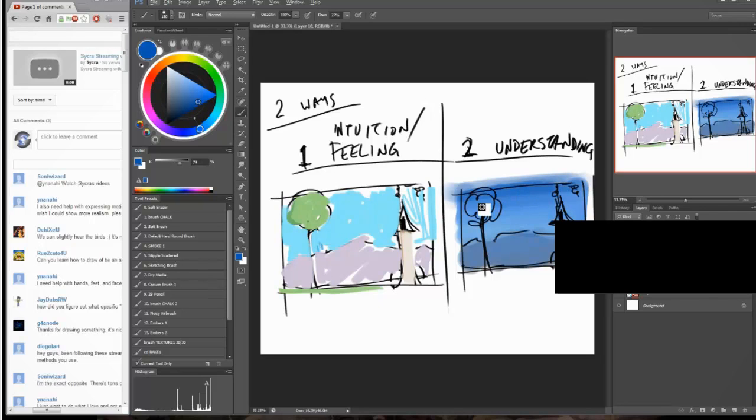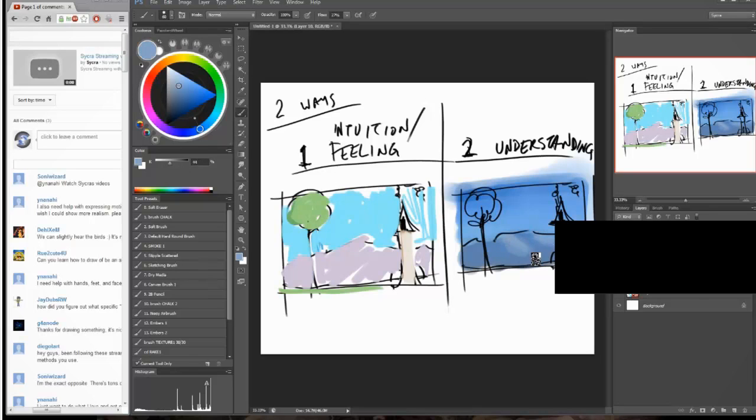Okay, there's a tree, and in this light, where's the light coming from? I don't know, let's make it up. Let's say the sun is here at this corner, so then this whole area is going to be lighter. And it's going to have a natural gradient. You're going to get highlights on the mountain. And this is a very different way of dealing with things compared to that feeling way.